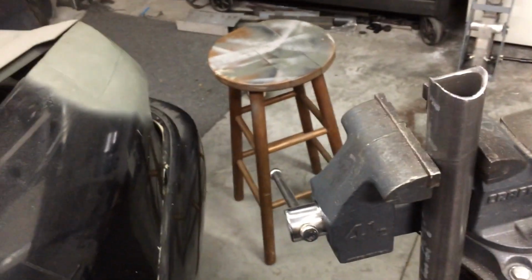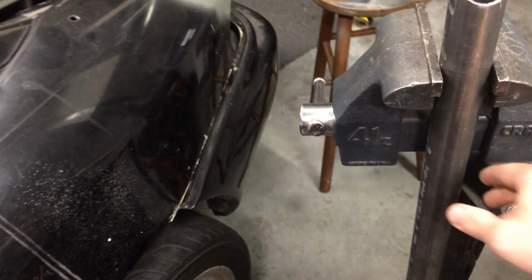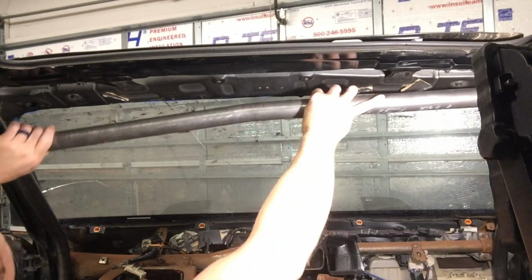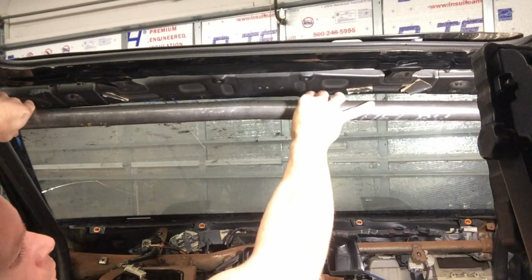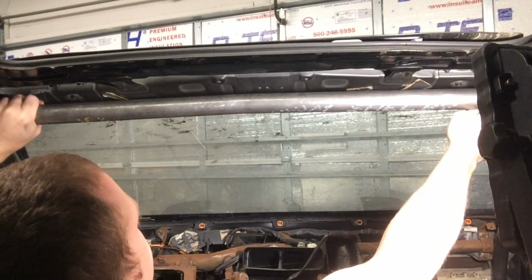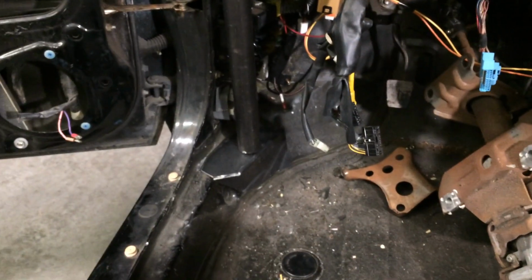Alright, finishing coping up this pipe to see how this fits. Can't argue with that. So we're going to unclamp this and bring it to the car. Alright, so there it is, just kind of floating around in there. It's holding itself up, but the joints are fitting good. So the next thing to do is just tack weld everything temporarily so we can start working on